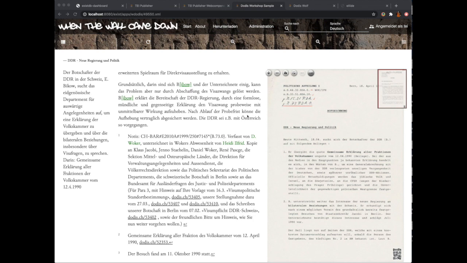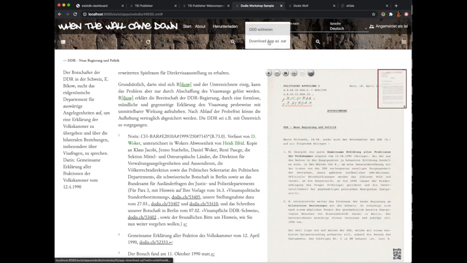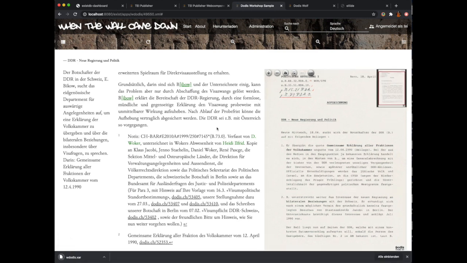So the easiest way to do that is to just go to the administration menu and click on Download App as XAR. So this will generate an application package in the background ending in .xar. We already know .xar, that's this special packaging format. Basically a standardized zip format which contains all the necessary information for eXist to reinstall this application on an eXist